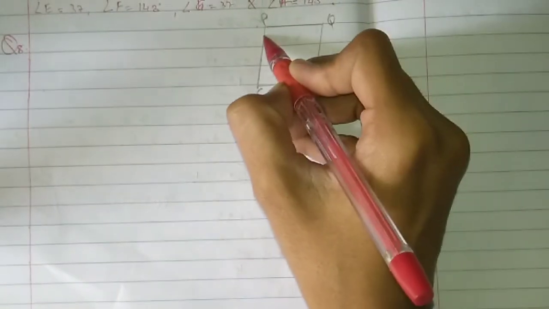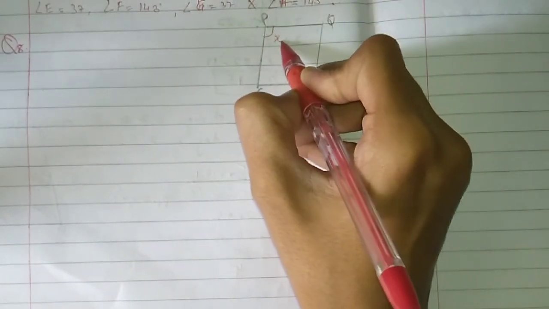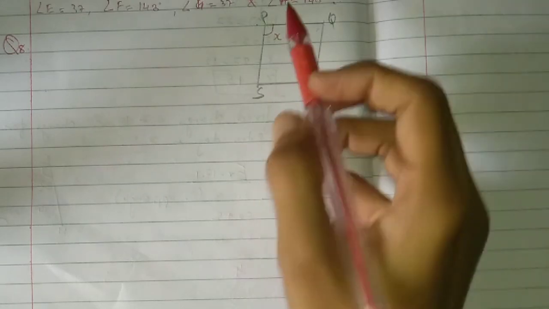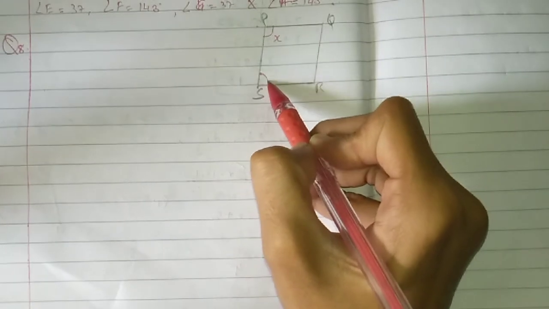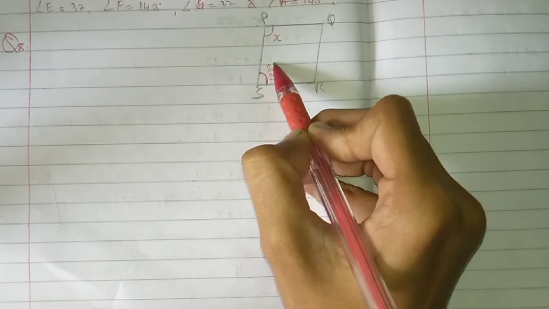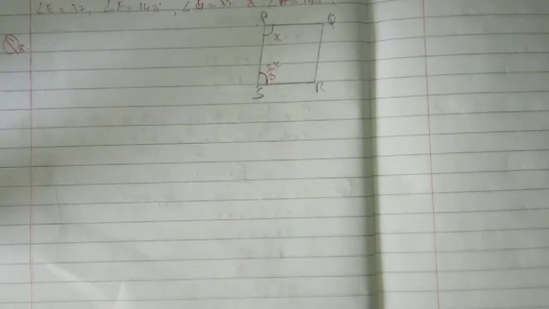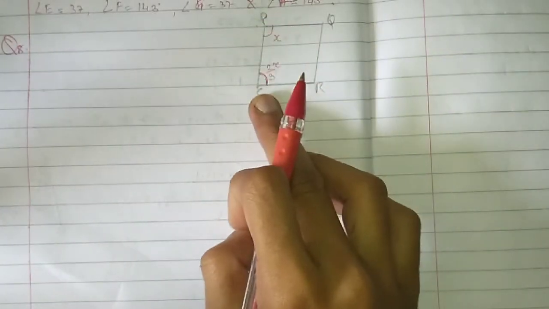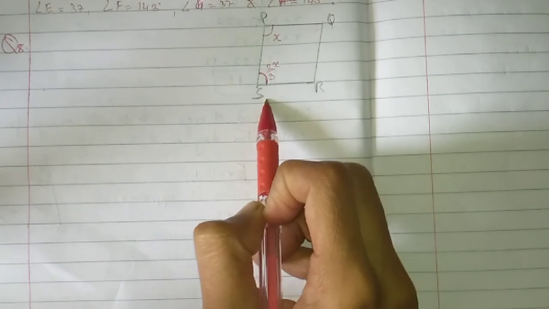Okay. One angle, let us say it is X. And one statement in your question, it is given that an angle of a parallelogram is 2/3 of its adjacent angle. So if one is X and another angle is 2/3 of this angle, so 2/3 into X, so 2/3 into X, 2x upon 3, right? Another angle, adjacent angle we have to take, that's why I have taken angle S.